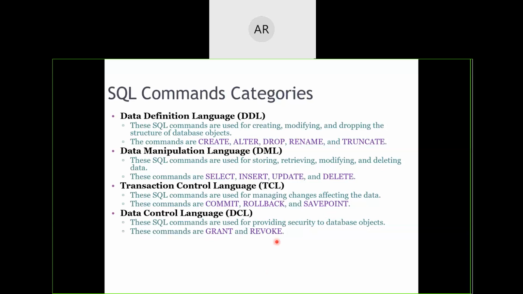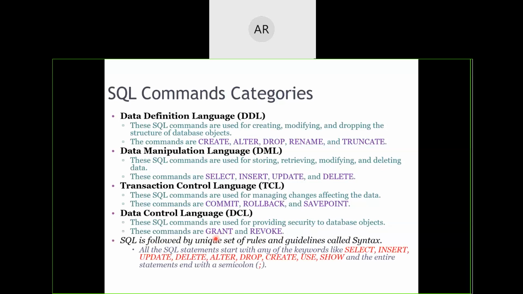But suppose if a new person has newly joined our company, we have to make sure that they also become a part of the company. Then I will grant the access to the database to them by using the grant command. Okay, so these are the commands that we need to work with.